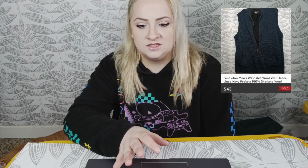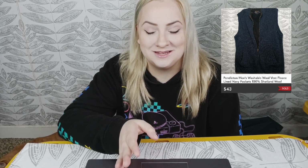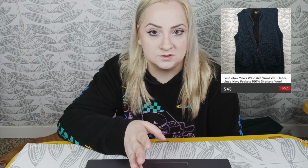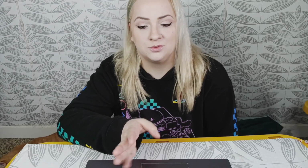Then we have a Pendleton men's washable wool fleece vest. This is a weird one because I sold it and it sold within a couple weeks, but USPS marked it return to sender because the address was wrong for that specific person. I have never had a sale go return to sender though, because usually it costs money to ship such a large